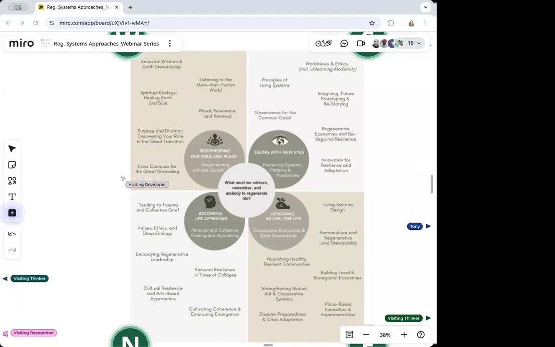I find it more useful to recognize that I was responding to certain contexts and that response was intelligent. My coping strategies were intelligent for that context, and now that I'm in a different context, I have choices about those strategies.